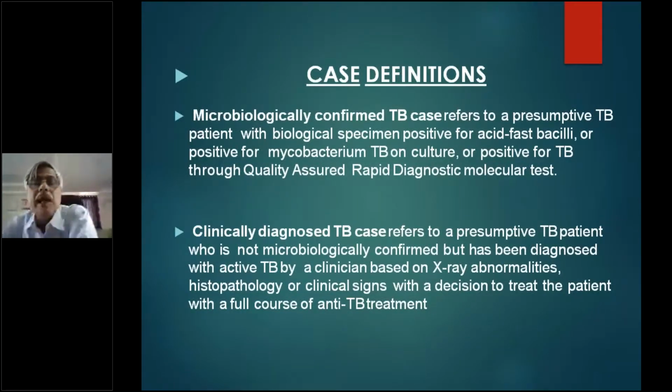So of course, the case definitions I told you, that is defaulter, failure, relapse, new case. Case definition I told you. So this is very important. Unless you know whether it is a defaulter or a relapse, and whether it is resistant or multi-drug resistant or extensive drug resistant, it is not easy to treat the patient with tuberculosis.